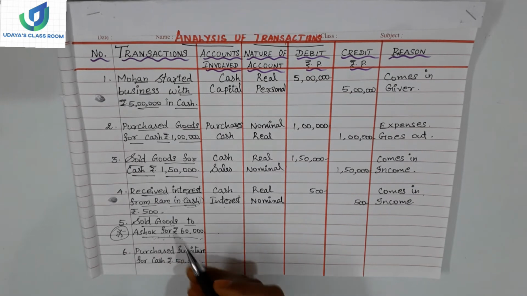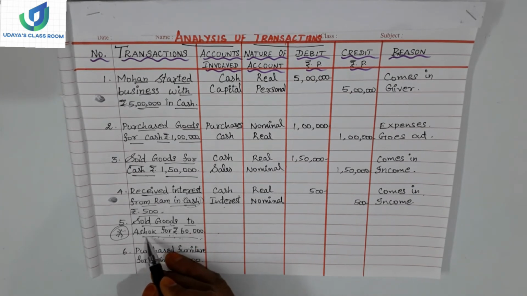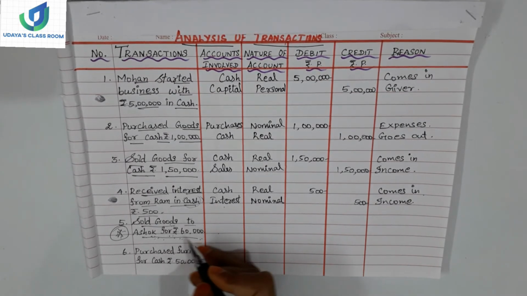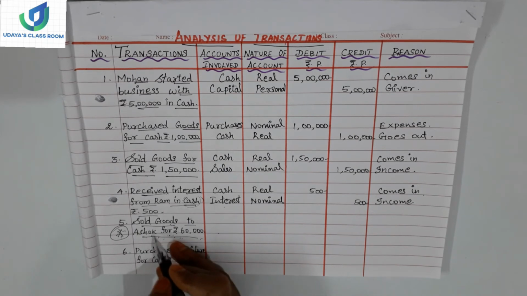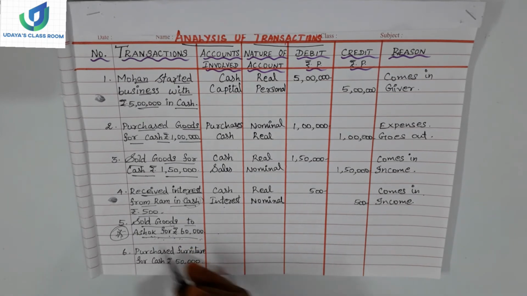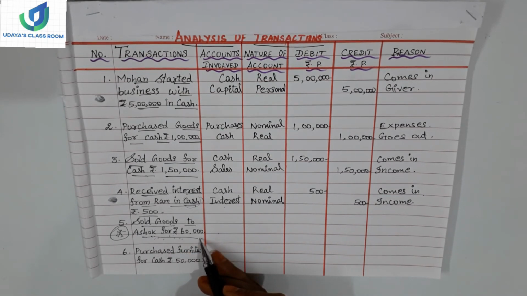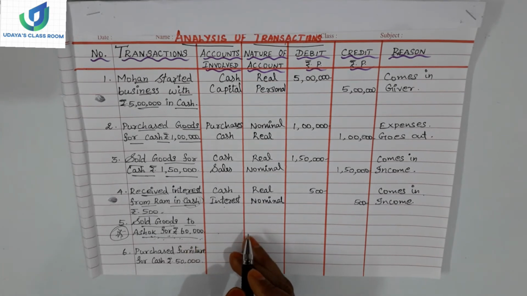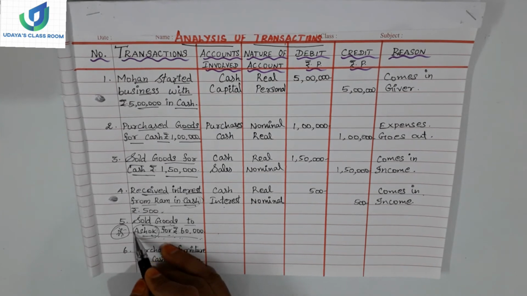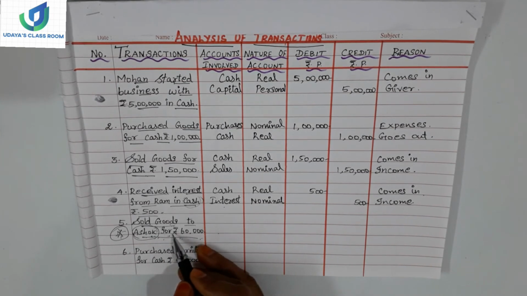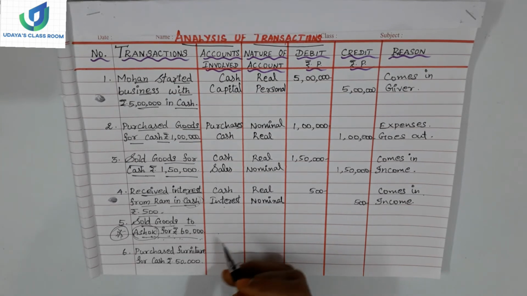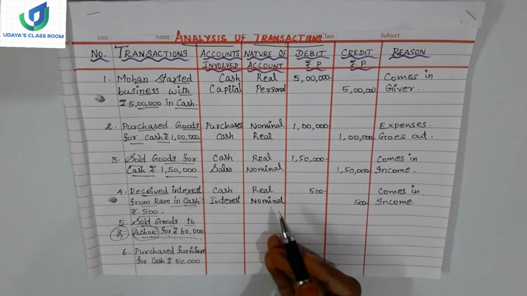So we have to assume this is a credit transaction. That is why the person name is coming. Sometimes, in order to confuse us, they give the name and also the term cash. While reading the transaction, on seeing the name, immediately we write the person name without seeing the cash term. So always we have to analyze the transaction properly. If the name is coming and cash is also coming, we have to understand it is a cash transaction. But if only the name alone is coming and cash is not mentioned anywhere, we have to understand it is a credit transaction. Alright.